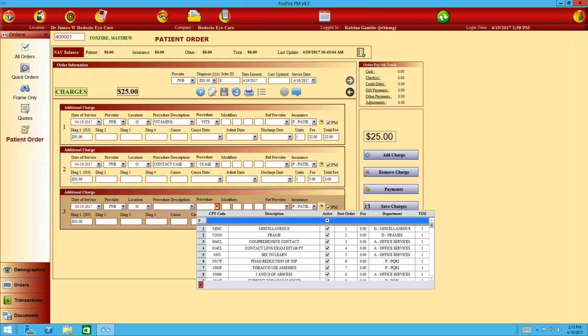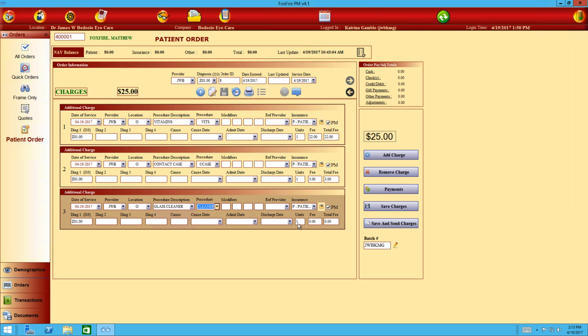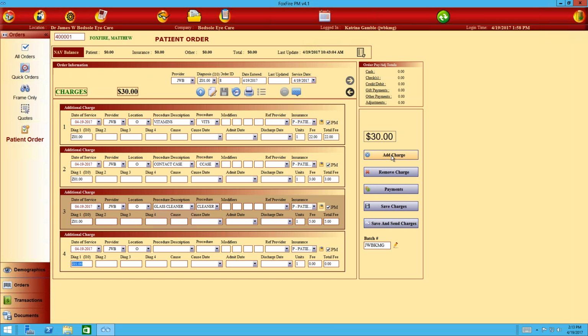What else can we say? We can say cleaning solution. That would be a cleaning cloth, glass cleaner. There you go. Let's start selling the glass cleaner for $5. It's an expensive cloth. In the money business. Trying to get some of this. And we're going to do